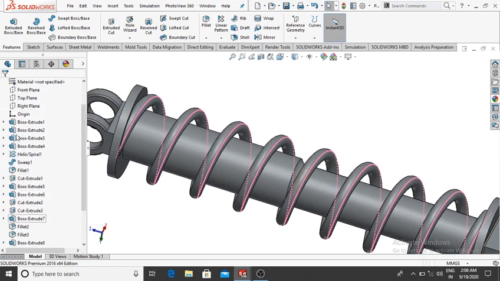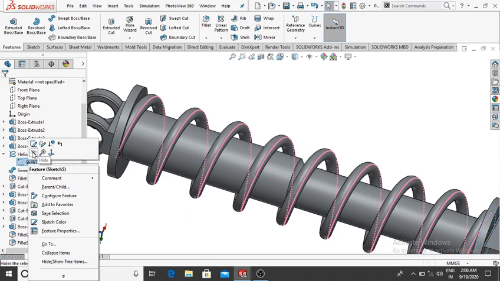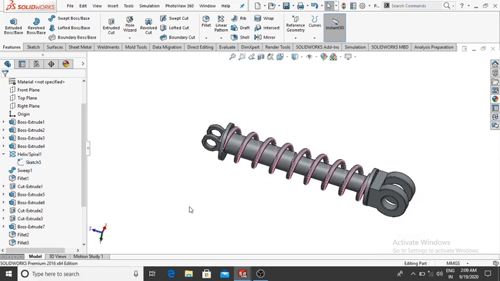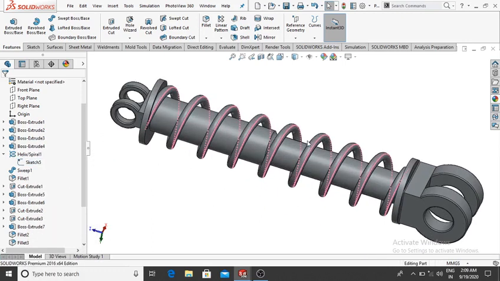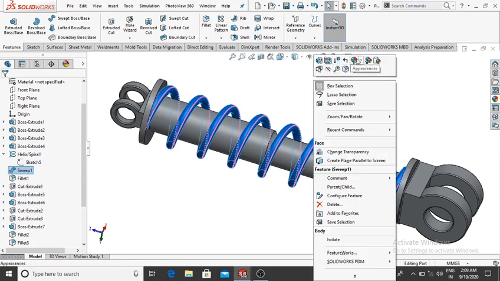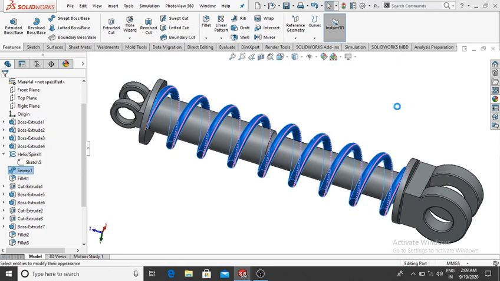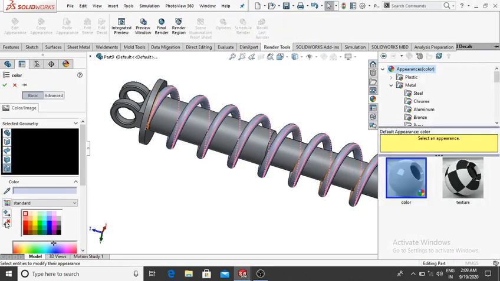Now here go to the helix and select this sketch and make it hide. Select this and here go to the appearance and select sweep and change the color to red color.